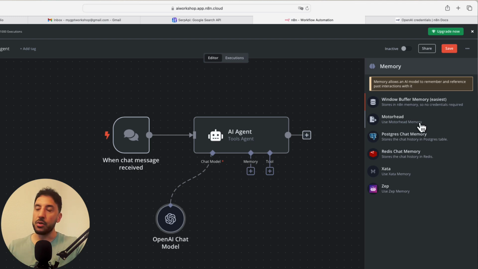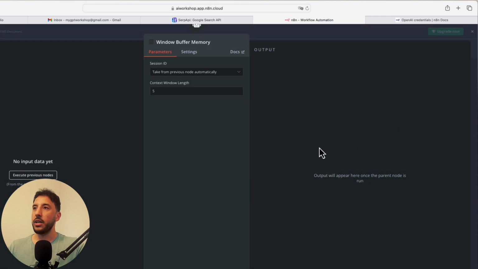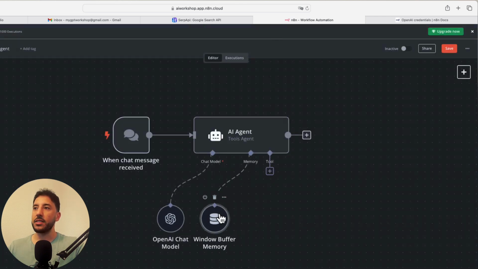So it stores the memory in the window buffer, meaning it can have quick access to your previous information, and it allows it to reference and remember the past interactions and the past chat history that you have done with that particular model. But anyway, I'm just going to click on Window buffer memory, and again, you don't have to do anything. You just click outside of it, and now you have this attached.